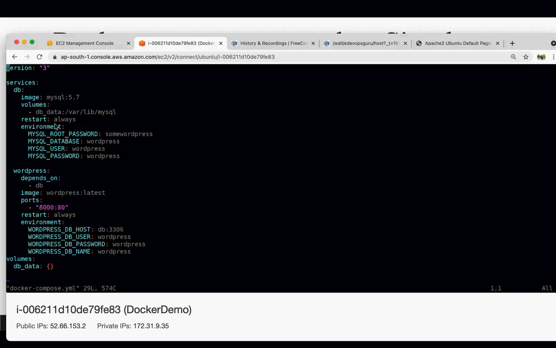Then we have a restart policy, which tells what to do whenever this particular container hangs or there is some problem with it: the container is restarted. There are multiple restart policies. Then here we are passing the environment variables which would be used by the database for creating a database and default username and password.